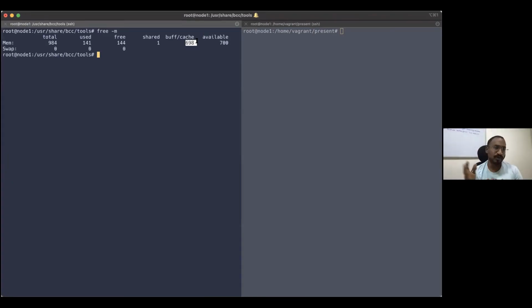But other than that, everyone knows what is total, used, free, and available. Available is the addition of free RAM plus buffer and cache. Total amount is calculated as free RAM plus used RAM. And another very important thing is people have a myth. Whenever you see free RAM is very low, don't worry, you always need to focus on available RAM. I recommend not relying only on available RAM, because when you are handling a high stress, high traffic environment, free RAM needs to be quite enough, because we don't know what surprise of connections we will get, how much attack is going to happen, or how many queries are going to come.